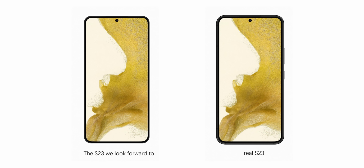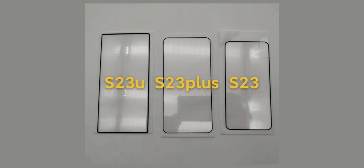Now, there's been quite a bit of discussion around the bezels on all three phones. It seems like the S23, the base variant, is going to get thicker bezels while the S23 Plus is going to have slimmer bezels. But obviously the S23 Ultra is going to have the slimmest bezels because it's still going to be a curved display after all. Although rumors are suggesting that the S23 Ultra will have a relatively flatter design this time,